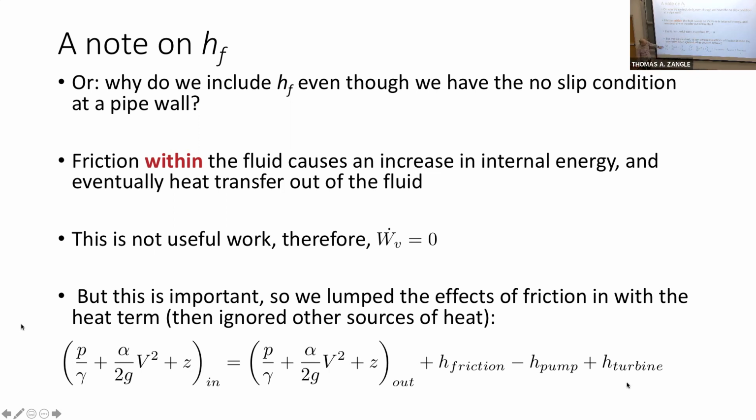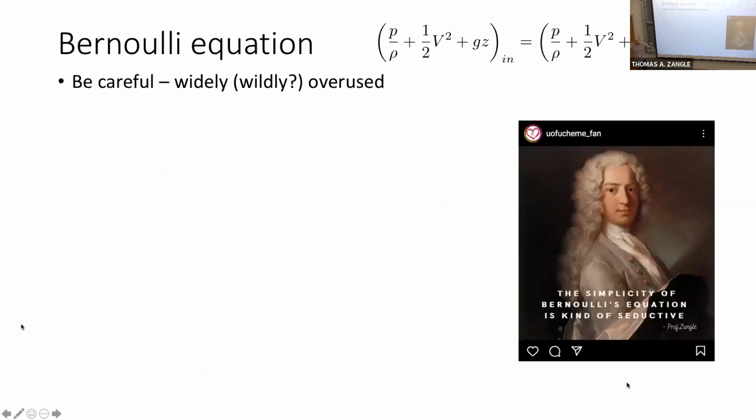Okay. But I was not very clear about this last class. I wanted to clarify. Does this make some sense? Okay. So maybe the simplified version of this is that the frictional losses are not useful work. This would be useful work to get out. The frictional losses are not useful work. It's energy transfer to heat. So this term called out the loss. Okay, so back to Bernoulli.